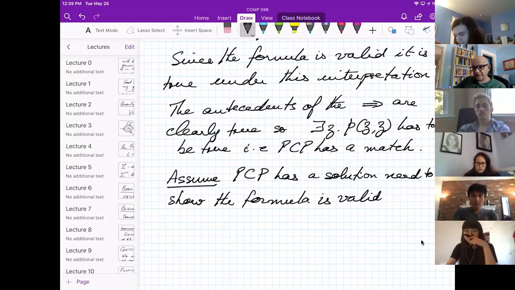Now, showing validity of this formula, of course, we can't say that we hacked the interpretation to our needs, because it says whatever you interpret, however you interpret it, it better be true. All right, so we're going to do that. But we have this powerful assumption, namely that the PCP, which is baked into the construction of this formula, really does have a solution.